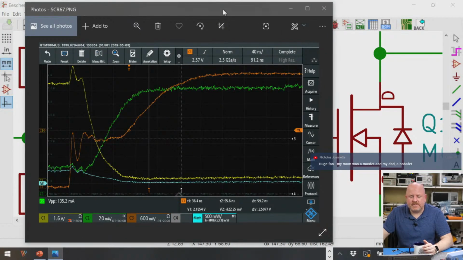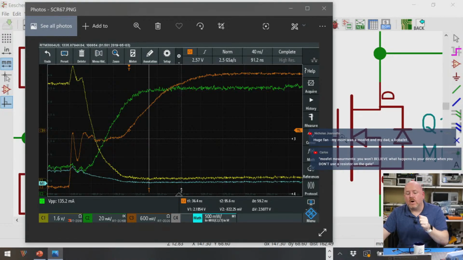So when we look at this turn on, this is the gate, this is the signal from the Arduino. This initial rise and ringing is from the gate capacitance. From gate to source, this is caused by that capacitance. What happens is this capacitor has to get charged up before the MOSFET can turn on, which is why this gets to about 2.5 volts, which is the threshold voltage for this particular MOSFET, and then it starts